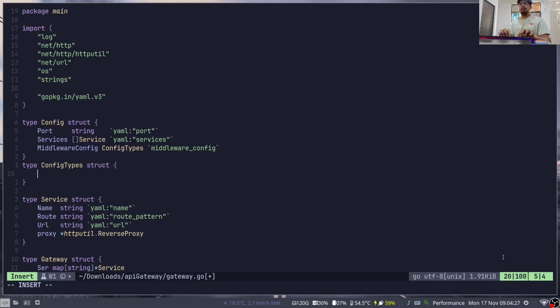It will have an API key auth, which will be of type API config,